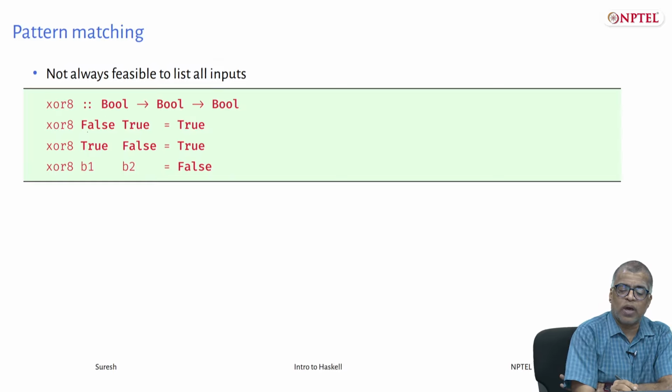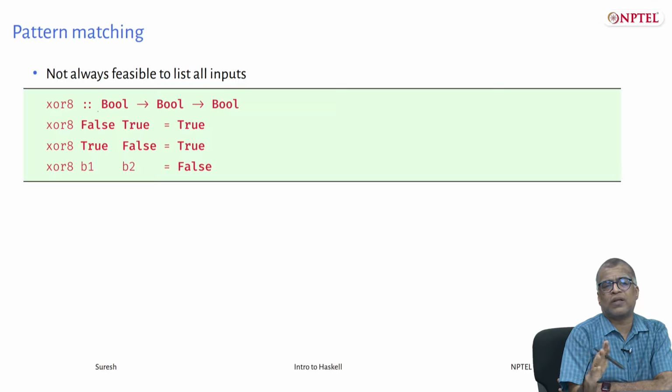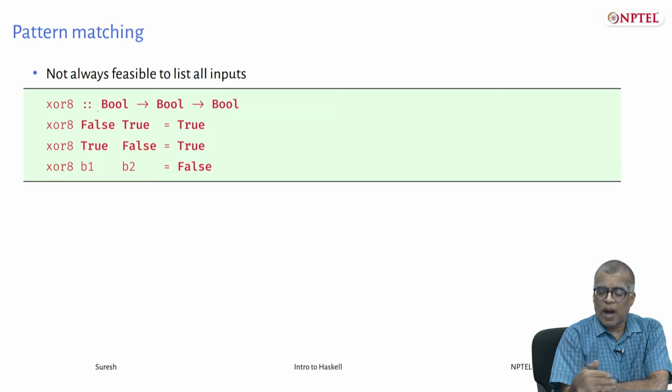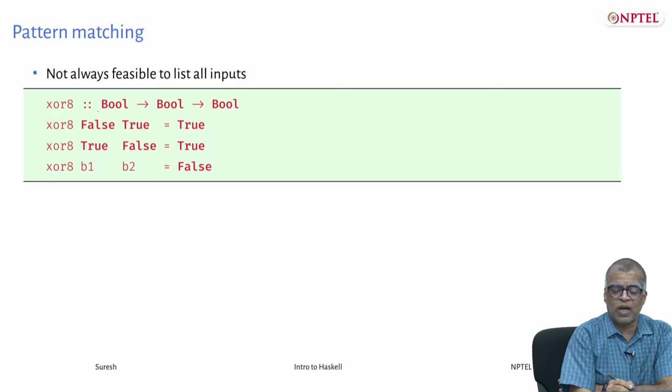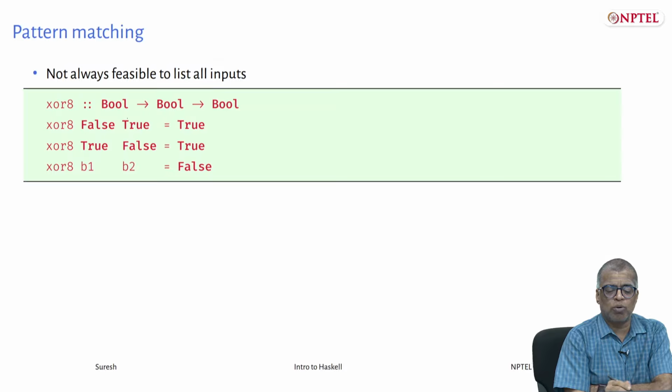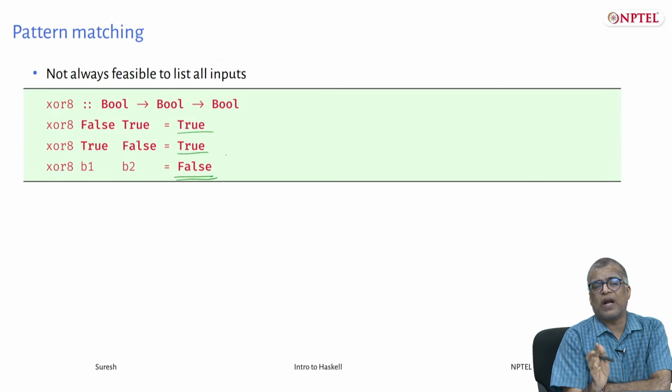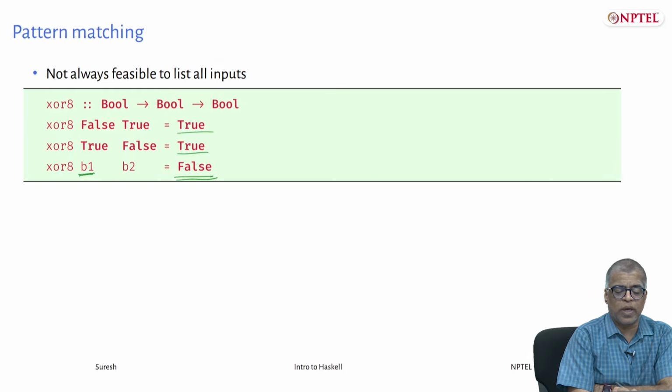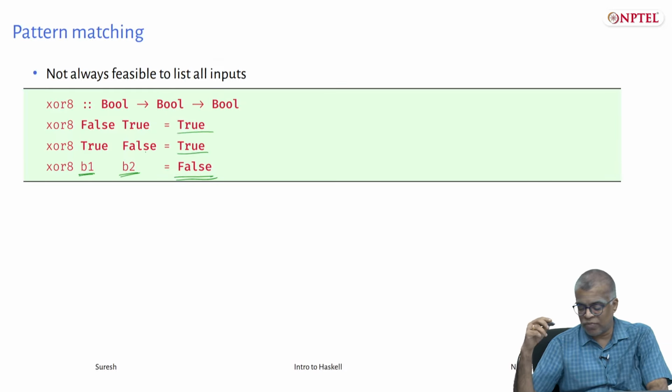You might say that, okay, as long as the inputs are different, then I will output true. Otherwise, I'll output false. For that you are saying there are two combinations in which the inputs are different: false, true and true, false. In those cases, you specify the value as true. In all other cases, you want to return false, and instead of explicitly writing out all other cases, you just give some b1 and b2, okay, some variable names.